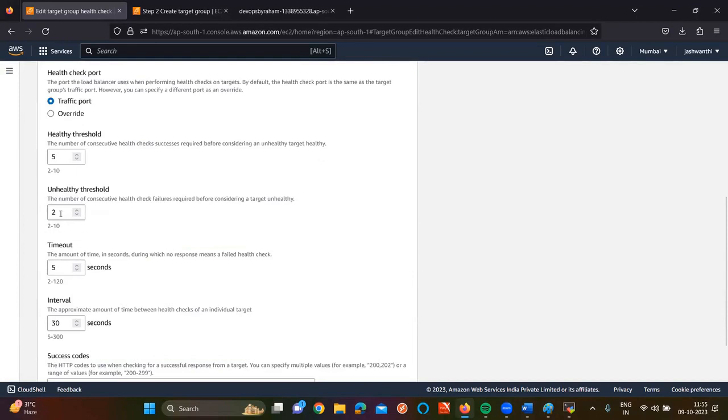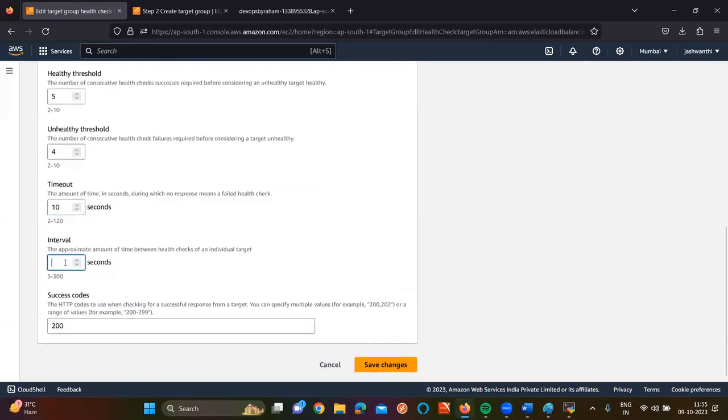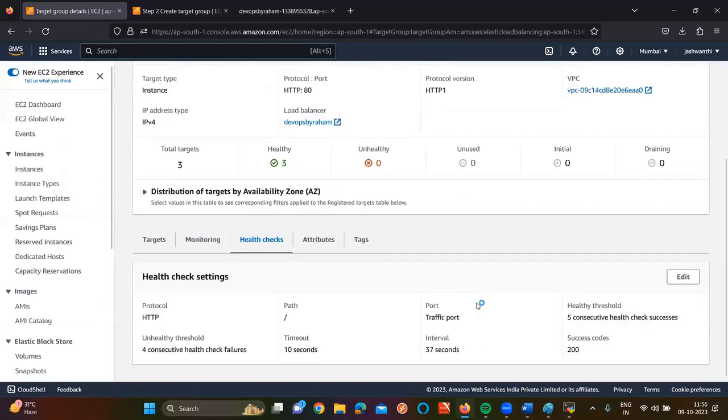Advanced. I want my unhealthy threshold to be 4. In the timeout seconds, I'm going to make it 10 seconds. For each interval, I'm putting a time of 37 seconds. Click on save changes. Now, 5 times, if I get a response from the application, it is healthy. 4 times in parallel, if it fails,